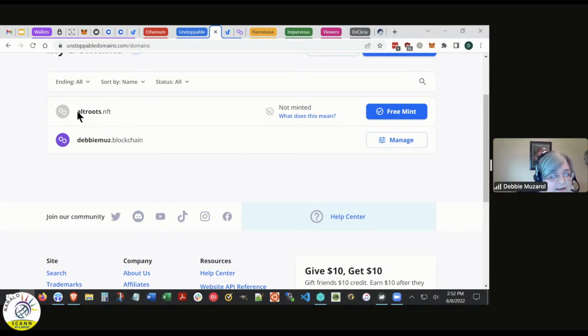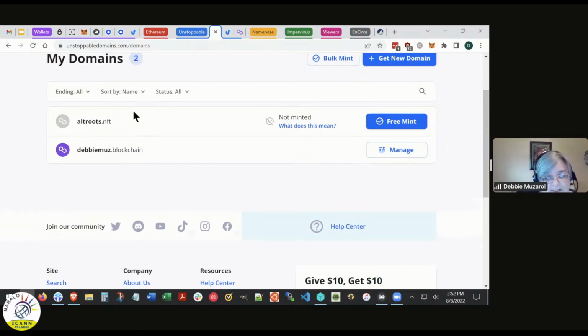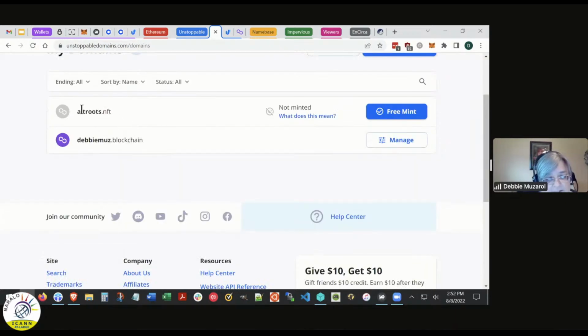We just got altroots.nft, and what happens with Unstoppable is you can register it, but it's not on the blockchain. So right now, if you go to the blockchain, you will not find altroots.nft. You have to mint it first, and you can mint it using Polygon. Unstoppable uses Polygon, which is a different system than Ethereum. It's kind of complicated, but